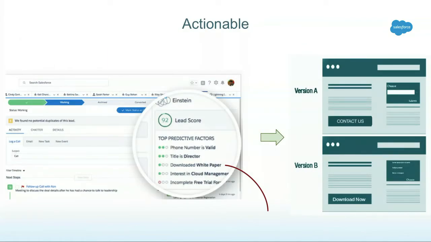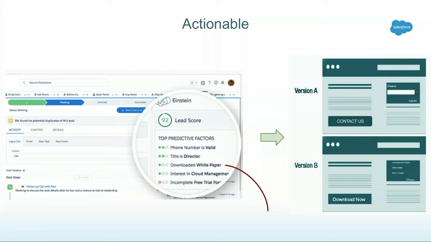I love some of those examples around bias and legal reasons and debuggability, why we need to make our machine learning models more explainable. Here is yet another reason why this is more and more important. As we build out Einstein and we surface predictions and scores to our users, they want more out of it. They want insights into those scores so that they can act upon it. So we need to make our models more actionable.